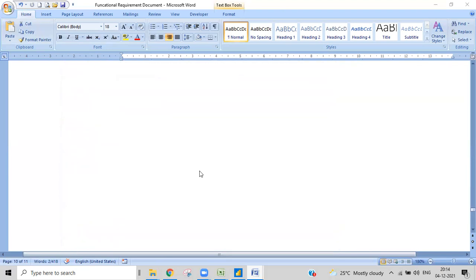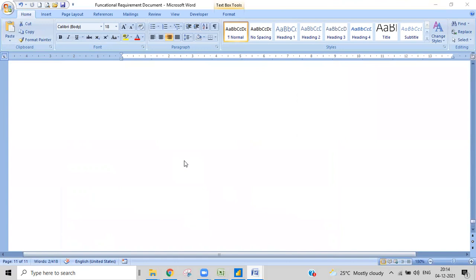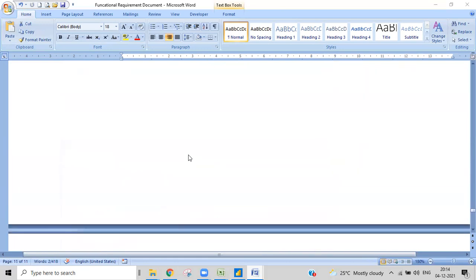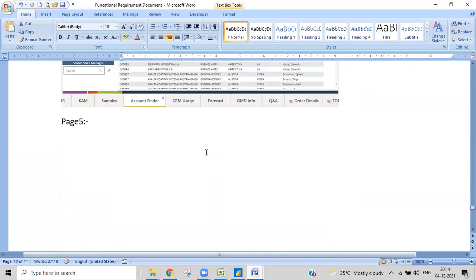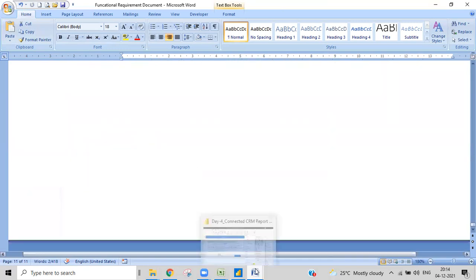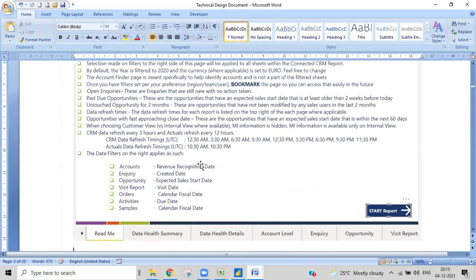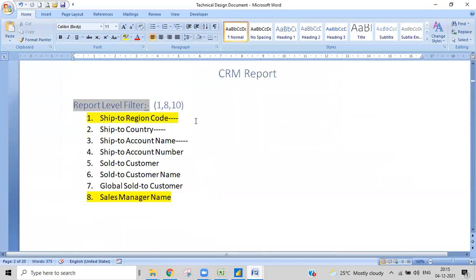That is the fourth phase, and after that they want a lot of graphical things and a lot of bookmarks. They asked us to do that. Not all these pages are going to be displayed. Phase 5, and then these things will be displayed here in the technical discussion document. In the technical discussion documents, as per their requirement, our guys will give us in brief, in detail, things like the report should be filtered on this kind of thing.